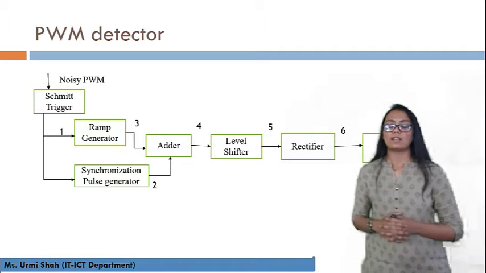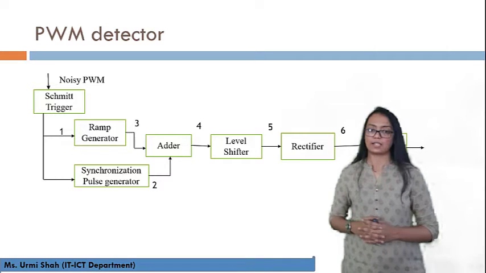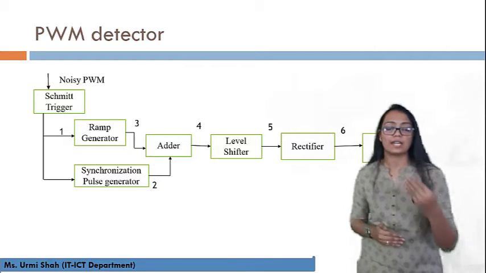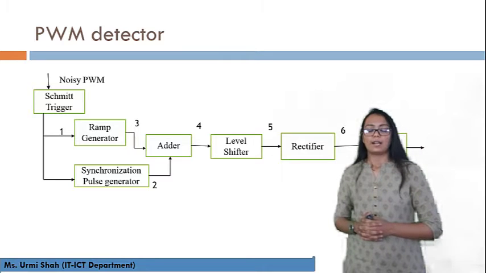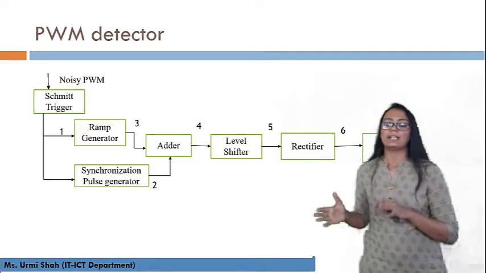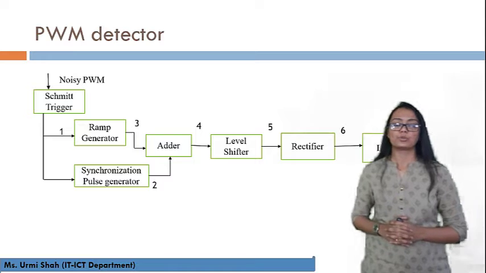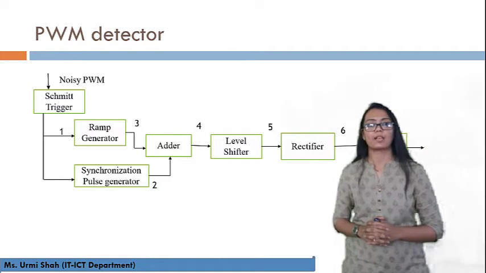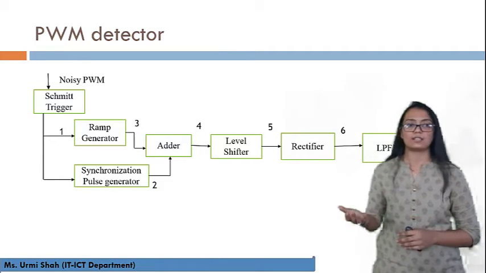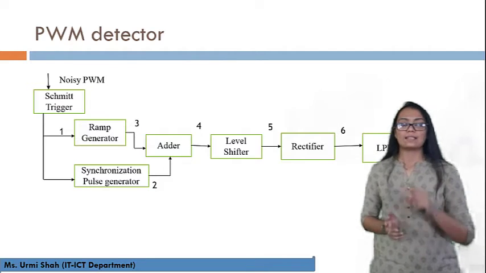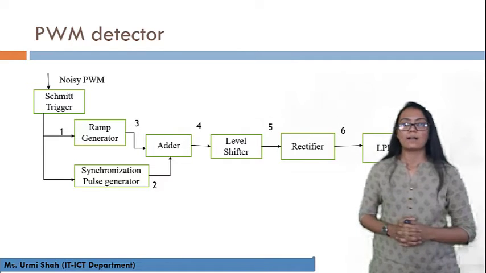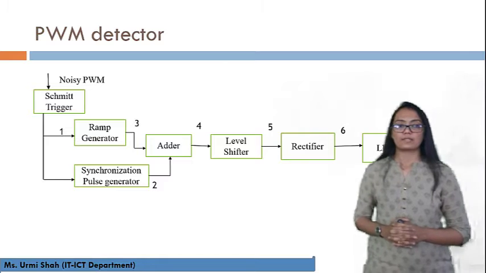Ramp generator is nothing but an integrator circuit. Integrator circuit will raise the parameters of the signal and it will further process to the adder circuitry. Ramp generator generally generates signal in form of sawtooth as it is an integrator circuit. So further it will be processed to the adder